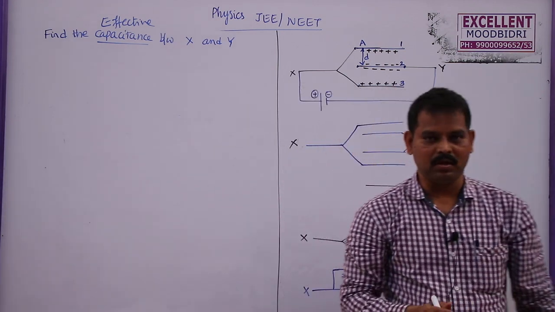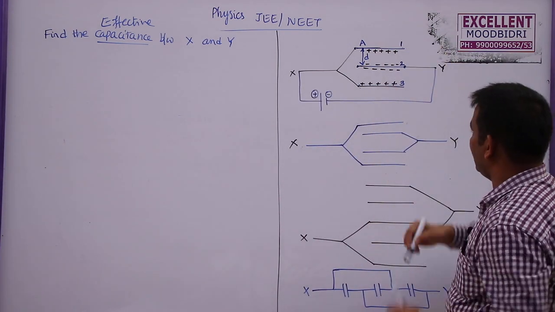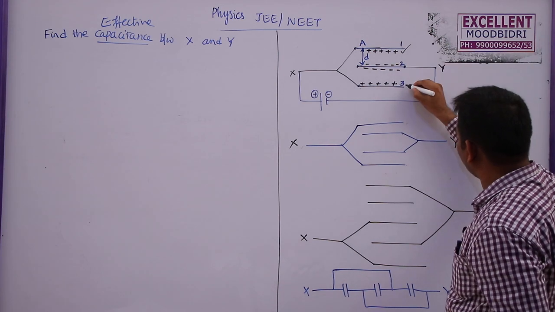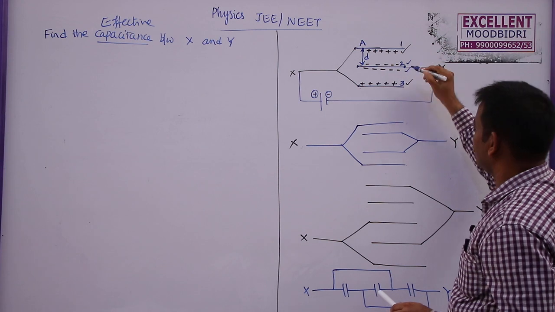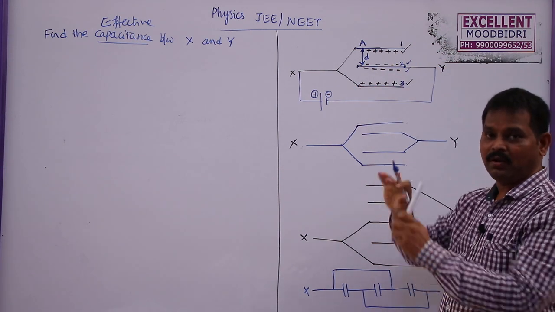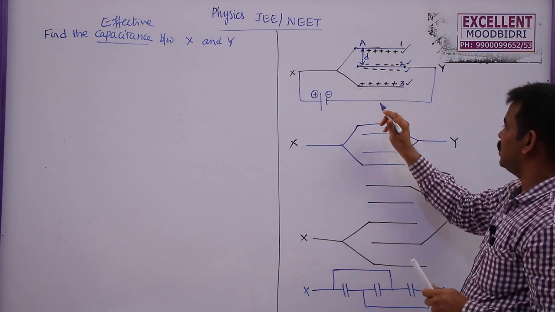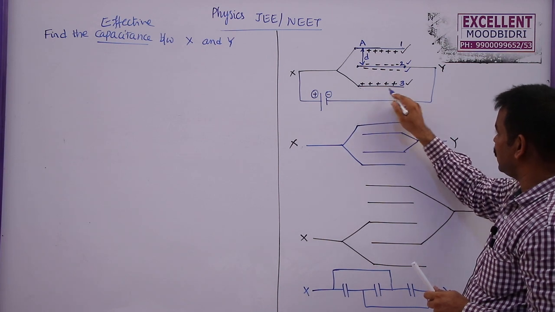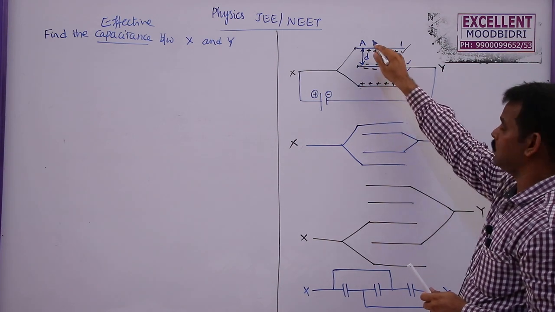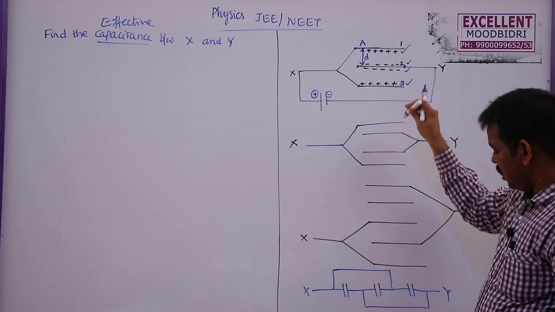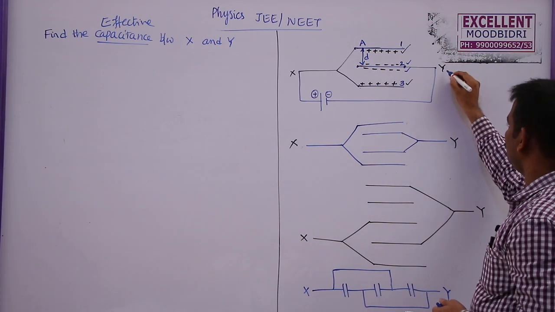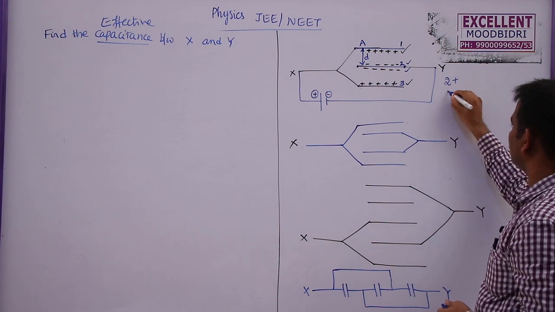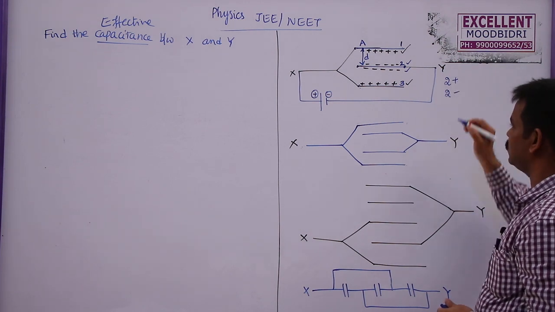Here you can see this diagram. We have one positive plate here, one more positive plate here, and we have two negative plates here. Actually we have only one negative plate, but on both sides you get negative charge. What about the charge here? No charge will be induced on outer surfaces. Remember this point. In any of the diagrams, no charge will be induced on the outer surfaces. So in this diagram we have two positive charged plates, two negative charged plates.